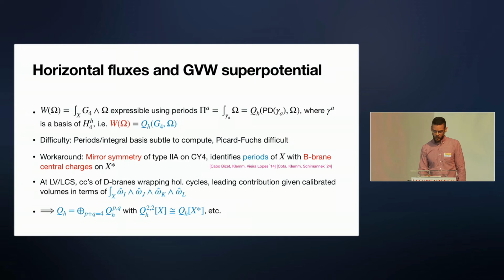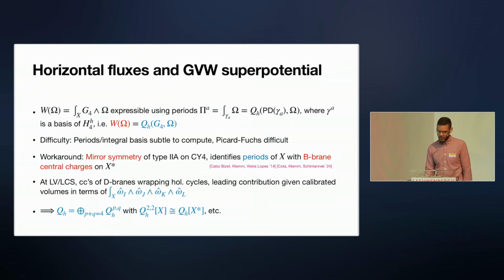And what this says is that the superpotential itself can be written as a pairing, in particular between the horizontal G4, if I just think about the horizontal part, and the holomorphic 4-form. So there is a difficulty in computing this directly. The periods are somewhat subtle to compute in an integral basis. You could recover them as the solutions of a Picard-Fuchs system of partial differential equations. There is an interesting workaround that's been proposed, and that's in many ways going to form the basis of what